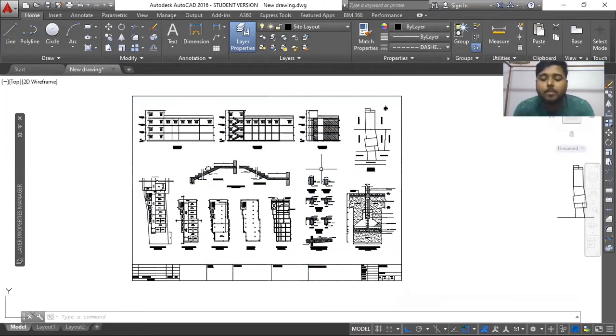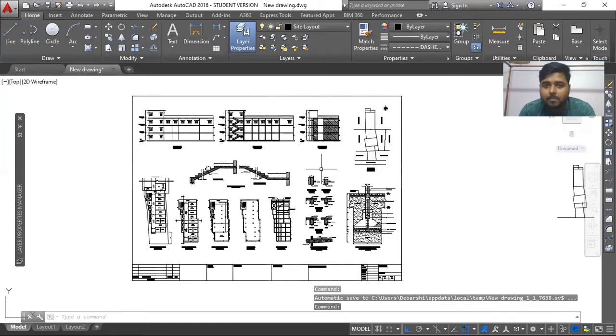So my main point of saying all these things is that if you are gonna print a drawing within an A4 sheet, your scale will be different, your settings will be different. If you are gonna print it on an A3 sheet, your scales will be different, your text heights, everything will be different. So first understand where your drawing is gonna be printed. It is not like you draw something and save it as PDF and share with your client. No. Ask him, or even you do the printing yourself and submit it to him. It is very important in which paper he is going to print it.